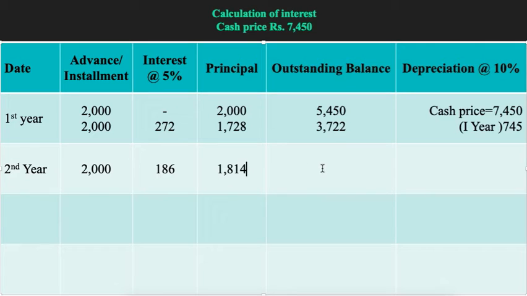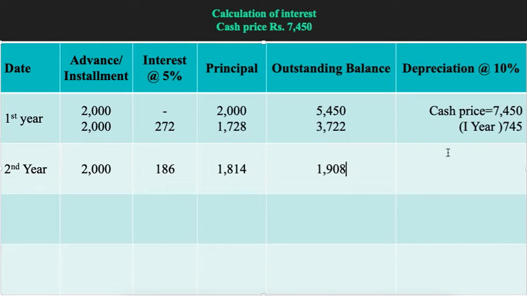Now we are going to get the outstanding balance. The outstanding balance here is 3722 minus 1814. So how much we are going to get? We are going to get 1908 rupees. So this 3722 minus 1814, we are going to get